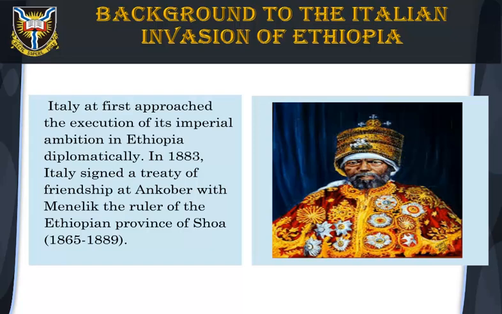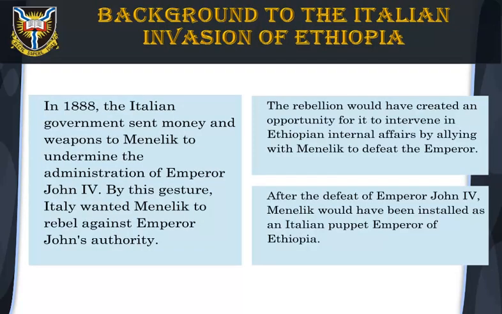Background to the Italian invasion of Ethiopia. Italy at first approached the execution of its imperial ambition in Ethiopia diplomatically. In 1883, Italy signed a treaty of friendship at Ankoba with Menelik, the ruler of the Ethiopian province of Shua, 1865 to 1889. In 1888, the Italian government sent money and weapons to Menelik to undermine the administration of Emperor